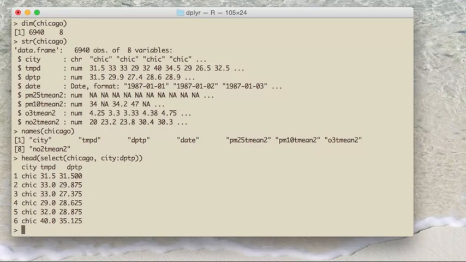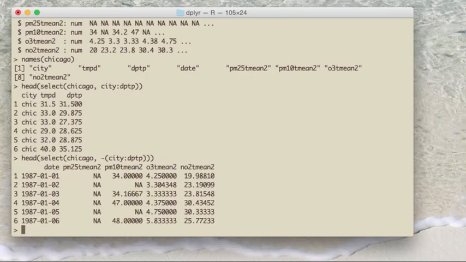Similarly, you can use the minus sign to say I want to look at all of the columns except for the columns indicated by this range. You can use the select function to just say minus on that city:dptp sequence, and you'll get all of the columns except those few columns. So the equivalent